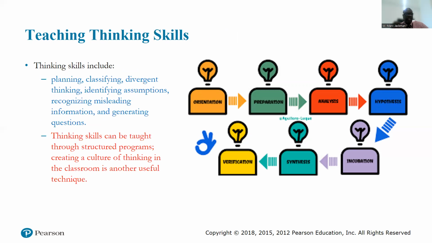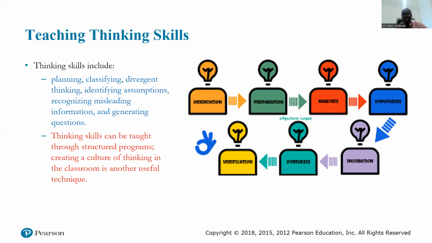Teaching thinking skills. Thinking skills would include planning, classifying, divergent thinking, which is thinking outside the box, identifying assumptions, recognizing misleading information, and generating, kind of like critical thinking skills. And thinking skills can be taught through creating a culture of thinking in the classroom. So help students to not just jump to conclusions, not just accept everything, but have a proper